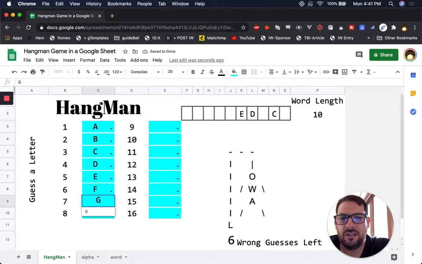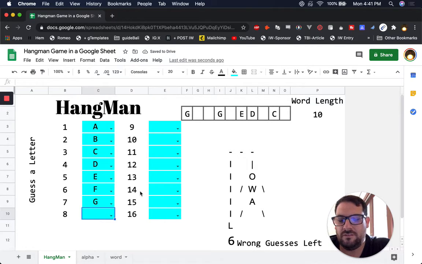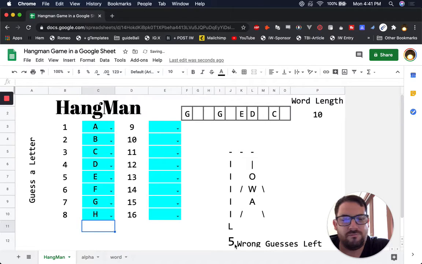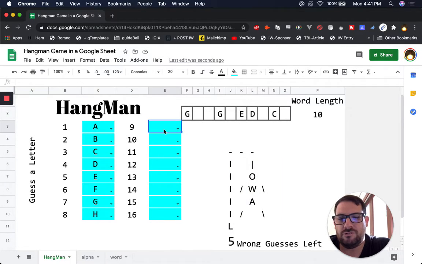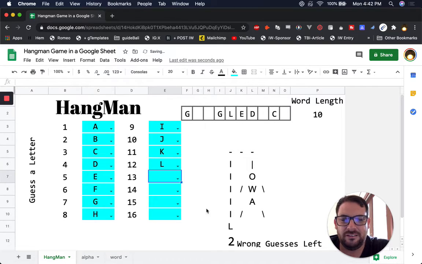How about a G? Okay, we have 2 G's, an E, a D, and a C. Okay, E, F, G, H. Okay, that was wrong, 5 wrong guesses. And again, what's missing here is this should be building as we're missing these. So we're going to build that soon enough. H, I, nope. J, nope, K, oh, 2 wrong guesses left. L, okay, that was 1. M, oh, we have 1 more